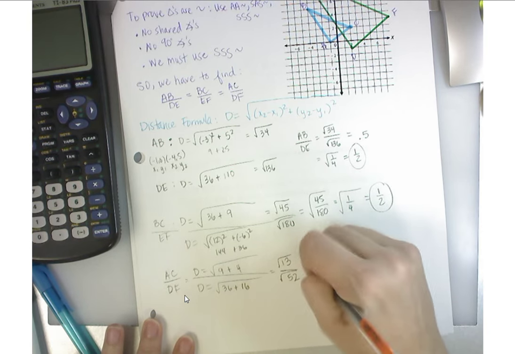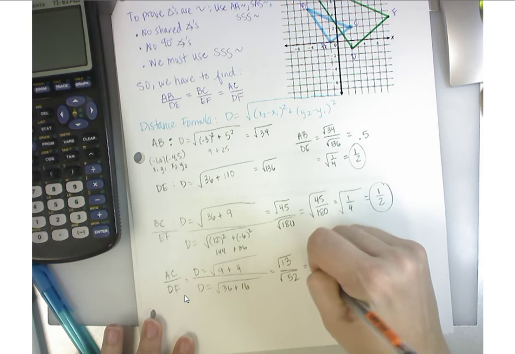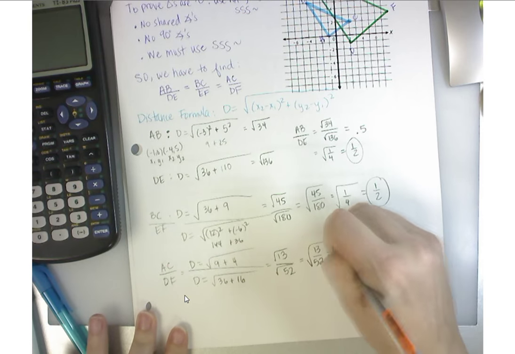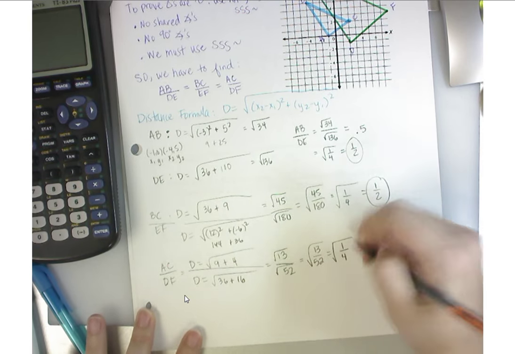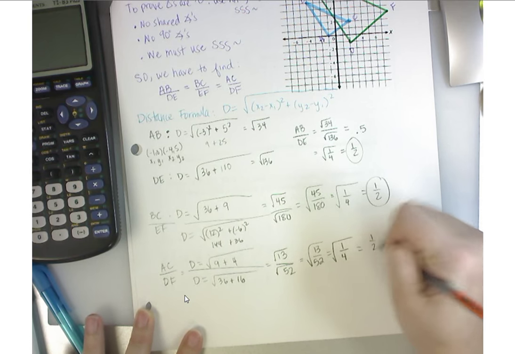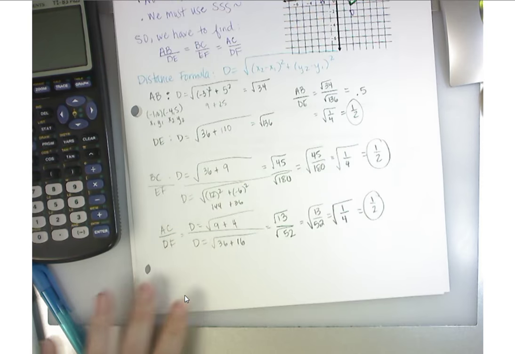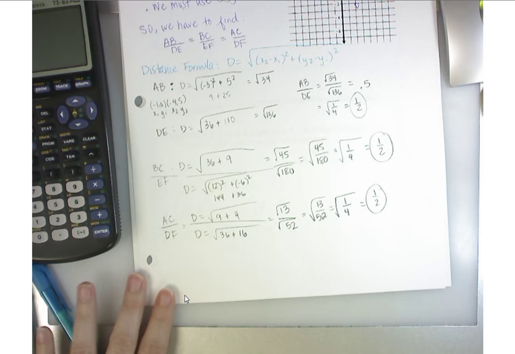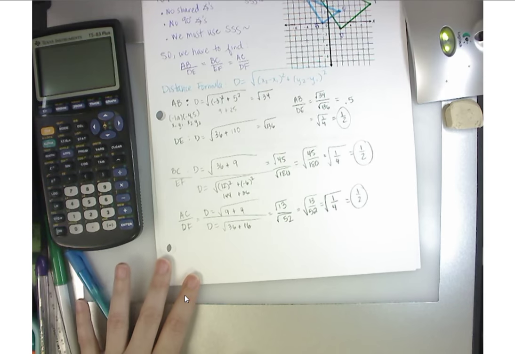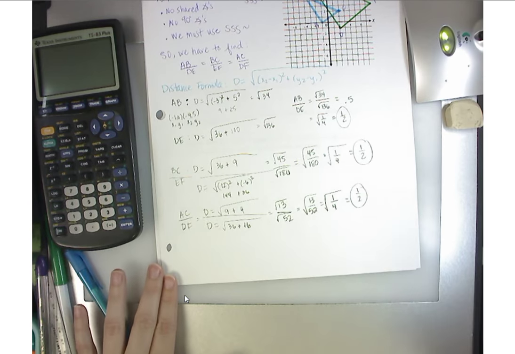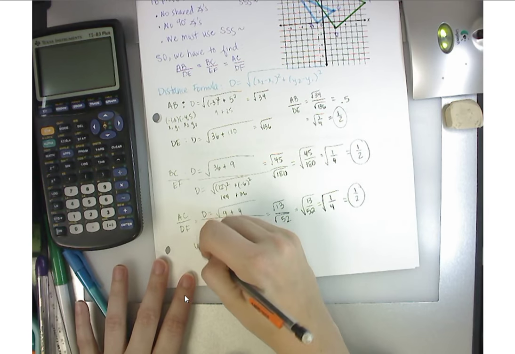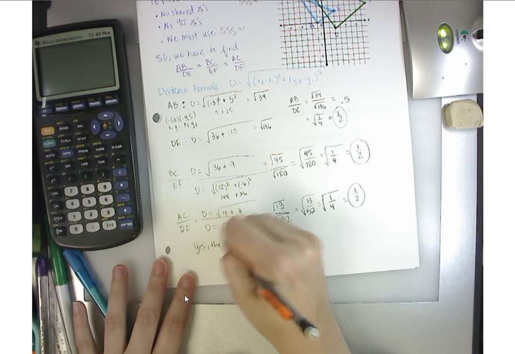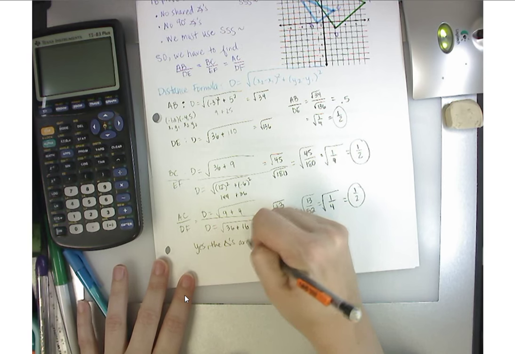Does 13 go into 52? How many times do we think? 4, just like the other one. And then when you take the square root, you get 1/2. Okay, so see how you could simplify that without your calculator? All right, so then we say yes, the triangles are similar